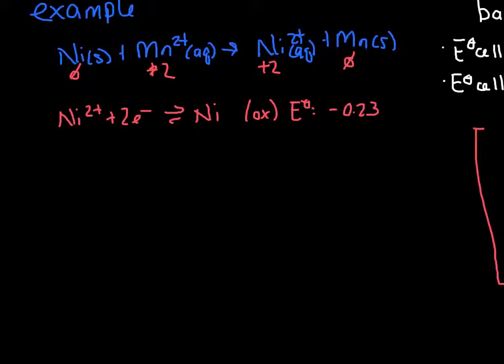Manganese is going from +2 to 0, so it's gaining 2 electrons, therefore it's being reduced. So Mn 2+ plus 2 electrons makes our Mn solid. It's being reduced. Look up in table 14, and we find that its value